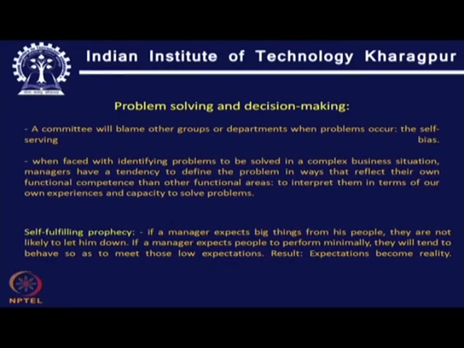And in self-fulfilling prophecy, what happens is if a manager is expecting big things from his people, they are not going to let him down. But if he is expecting very minimum from his people, they will try to meet those low expectations. Sometimes expectations become reality, and this is a way of motivating people. If you set a high standard for your colleagues and team members, and you try to make them believe they can achieve those standards, they really perform well, and that is called a self-fulfilling prophecy, because the manager has set a high standard, meaning that person believes in the person's capacity to do that work,